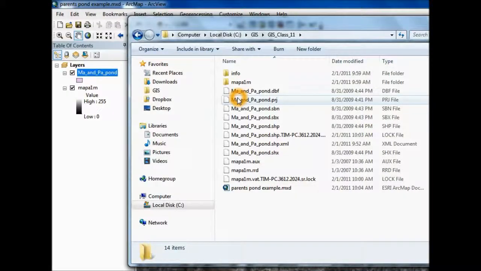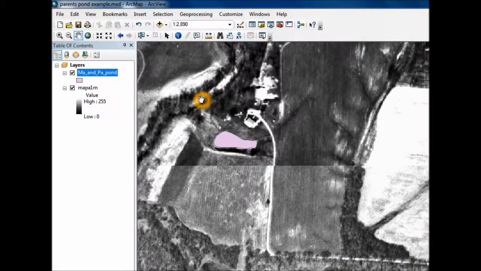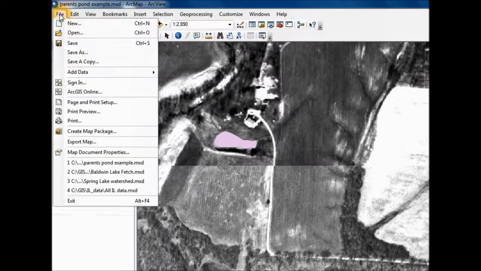Now, the last thing that I want to show you is that this is an ArcGIS 10 version of the document because I'm working in ArcGIS 10. And so this will only open in ArcGIS 10. But what if you've got the older version on a different computer? Say you go to the library or somewhere on campus, they haven't upgraded to ArcGIS 10 yet, but you want to work on this file. It should work fine. What you need to do is save a copy,